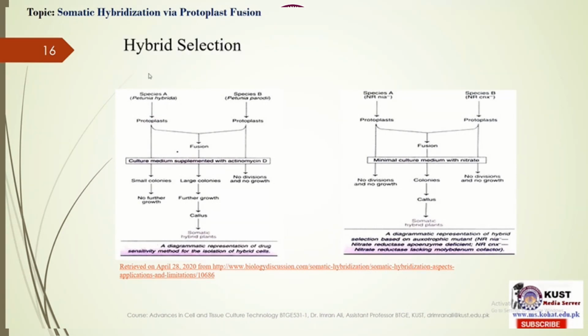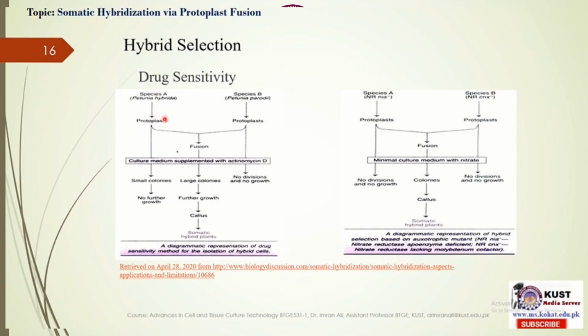So now the first method is based on the biochemical methods. The biochemical methods for selection of hybrid cells are based on the use of biochemical compounds in the selection medium. These compounds help to sort out the hybrid and parental cells based on their differences in the expression of characters. The first method is based on drug sensitivity. This method is useful for the selection of hybrids of two plant species if one of them is sensitive to